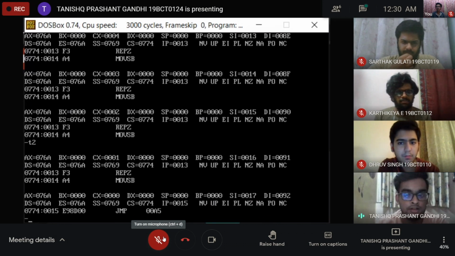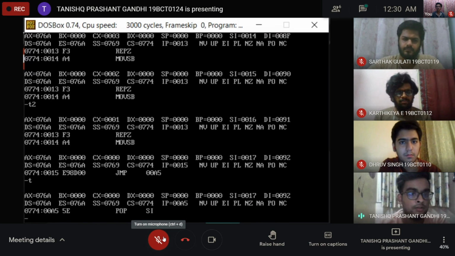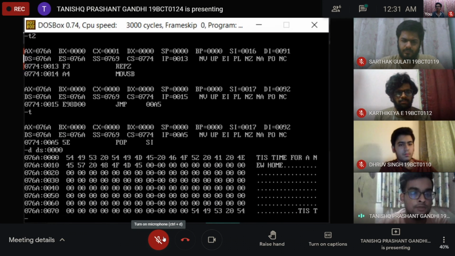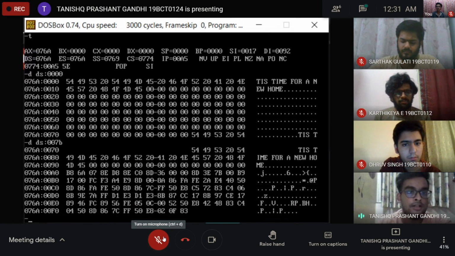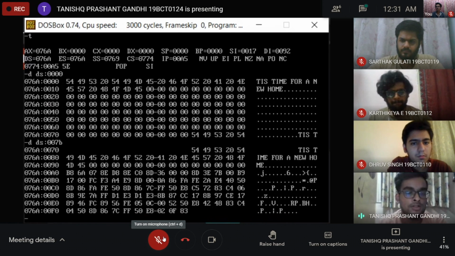When we trace again, we will come to know. When we check our original location, which was 0000, we can observe that this was our original, and when we check our final block at 007B, the whole data is transferred to the 007B location. So the block is matching, and the block is transferred. This is our code and execution, which is executed perfectly. So I would like to stop.